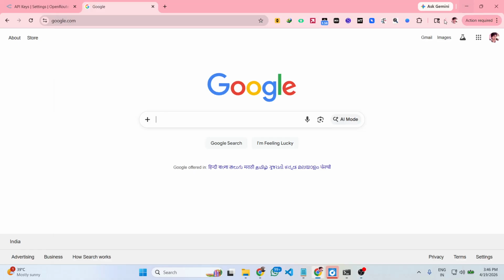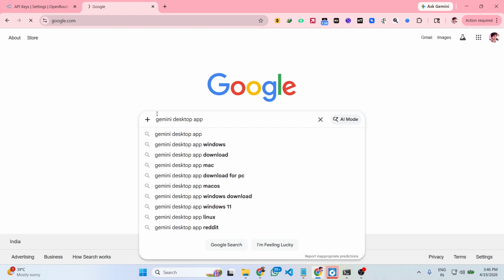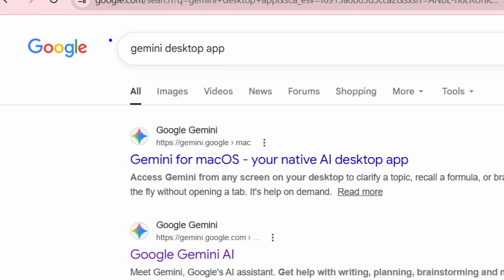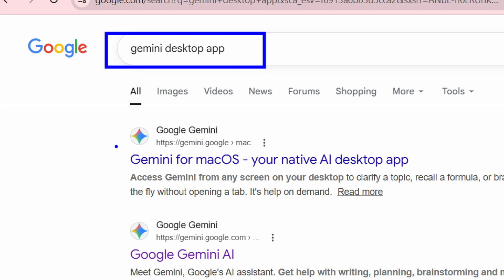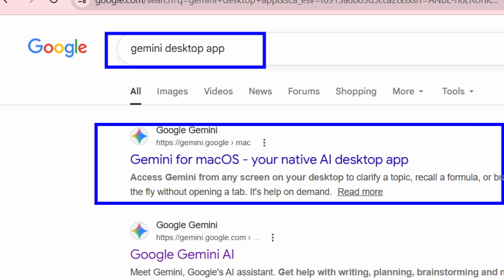Hello guys, in this video I'll show you Gemini has released a new desktop application for their Mac users. If you directly go to Google, simply type here Gemini desktop app. So they have released this official upgrade which is really insane. If you are on Mac, you can directly install this Gemini for Mac operating system, a native AI desktop official